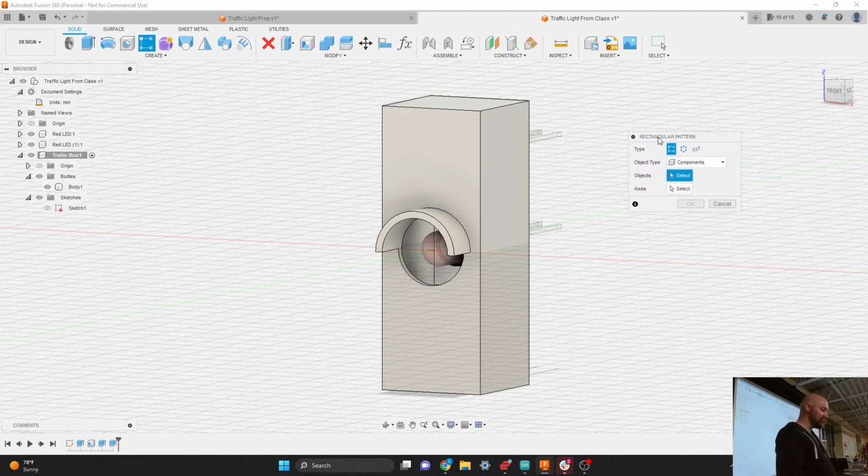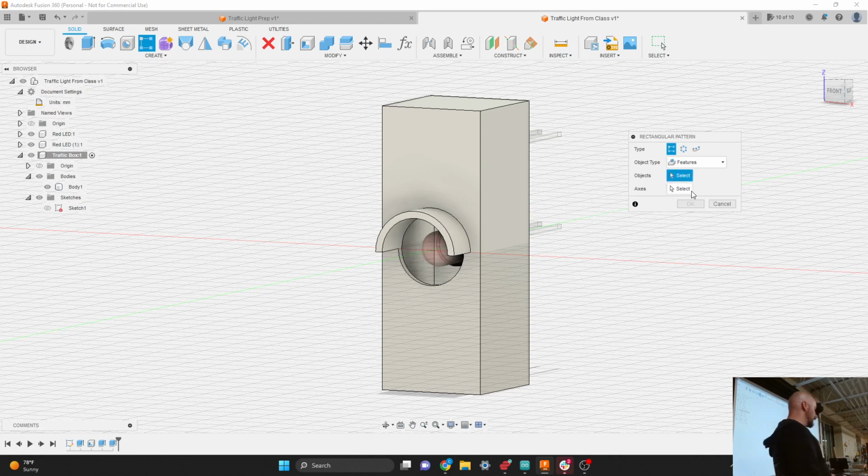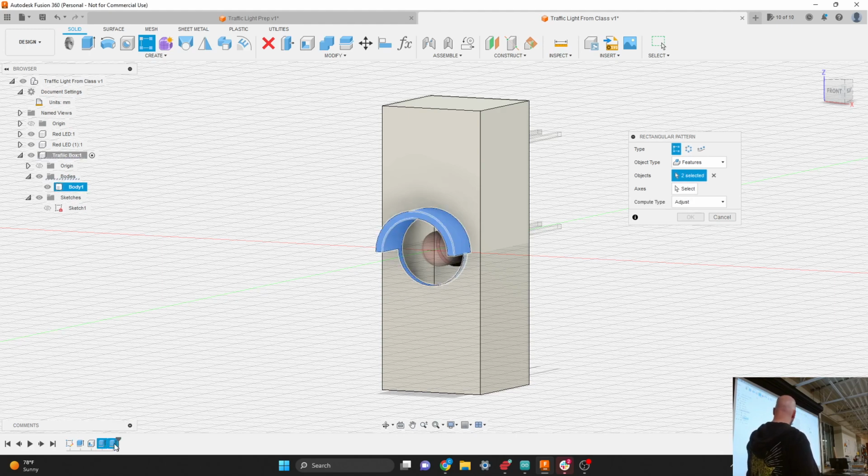Instead of making a rectangular pattern of a body, in this case I can choose to make a rectangular pattern of a feature. This is kind of meta, I guess, because the reason I'm choosing to do it this way is so I can have a feature out here in my feature timeline. But I'm using features to make my feature, so it's a little trippy. The features, the objects that I'm going to use are the last two extrudes that I just did. So a feature is one of these things down here in my timeline, and if I pick both of those,